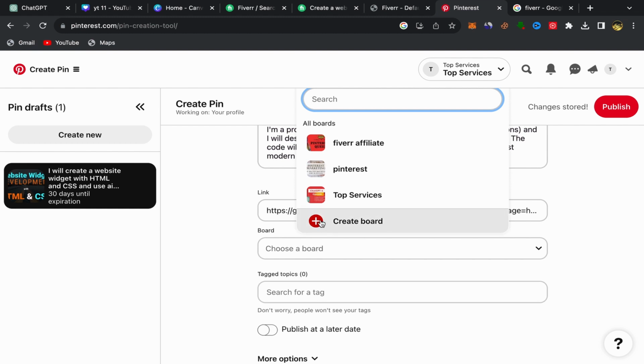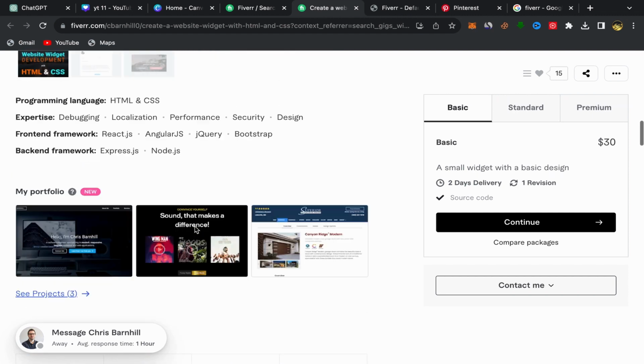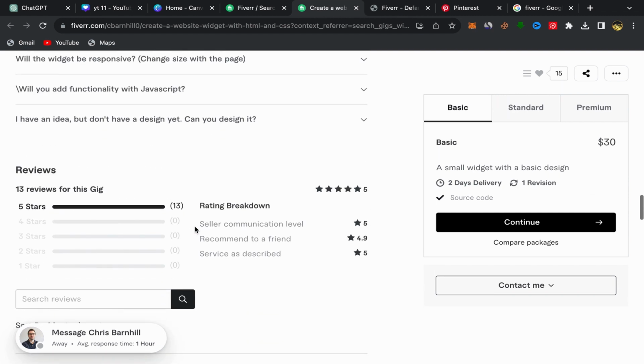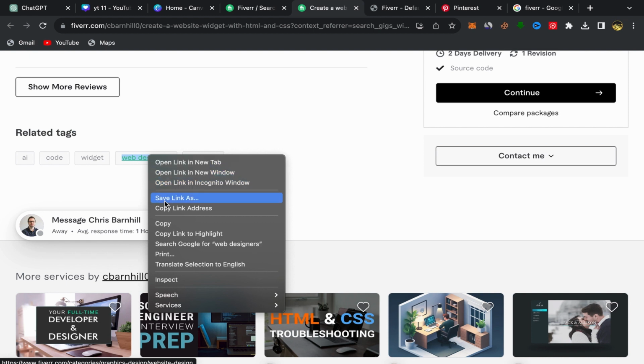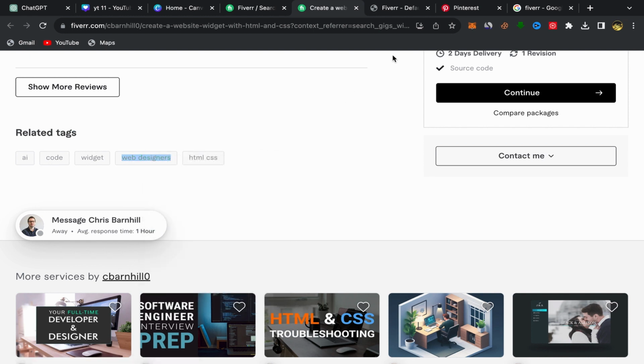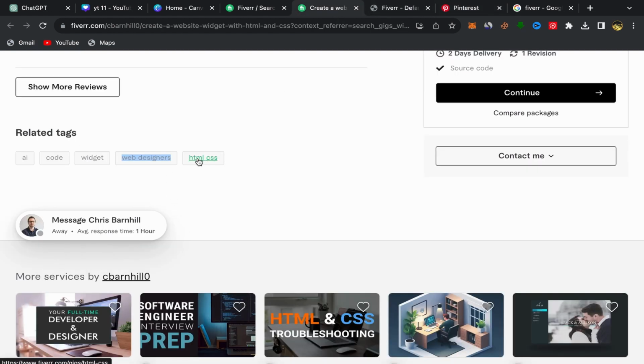If you are new, click on create a board and just give it a name. You can create as many as you want. I've already created 3. I'm going to choose this one, favorite affiliate. I'm going to scroll down and you need to put your tags here. Okay, so go back to this seller page, scroll down, just keep scrolling down. You should see this related tag. Okay, copy this. I'm going to copy, for example, this one. You use those tags. Okay, just use these tags, paste, go back, copy this one,